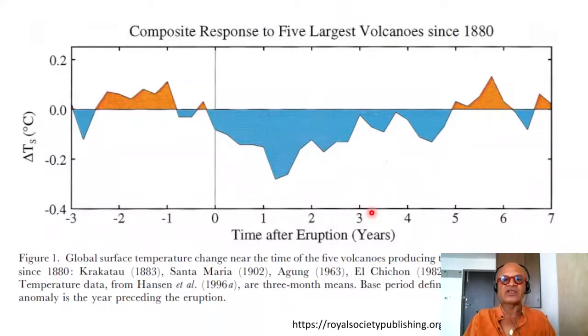What do volcanoes actually do? It turns out that they can change the energy balance quite a bit. Global surface temperature change here near the time of 5 volcanoes producing the greatest optical depths since 1880. Optical depth is a measure of the aerosol's impact on transmission of radiation. So this is showing Krakatau, Santa Maria, Agung, El Chichon, and Pinatubo. What is done here is that individual